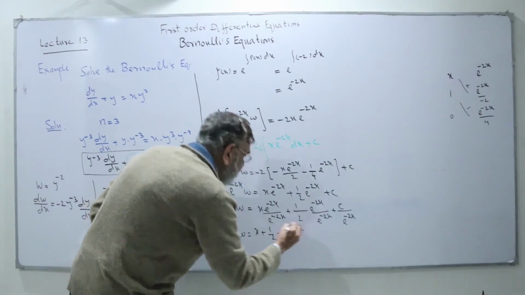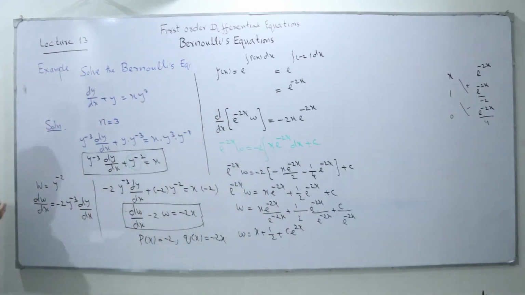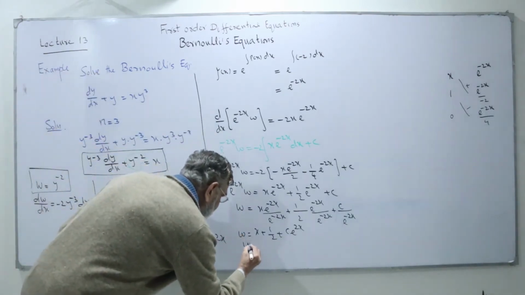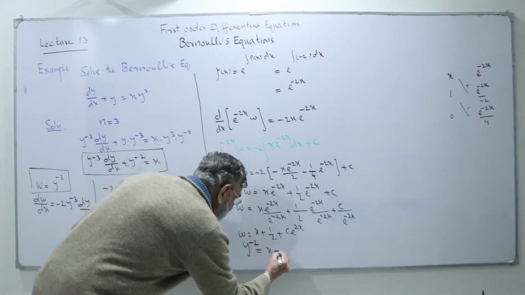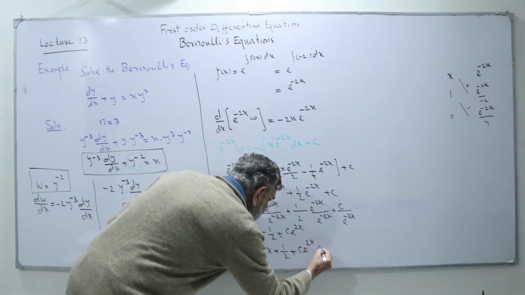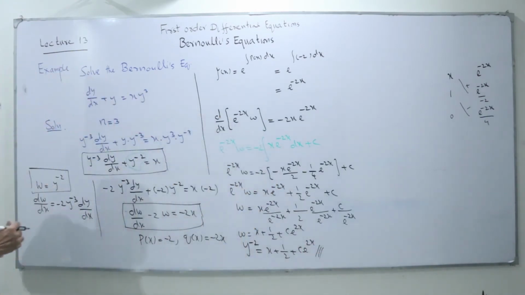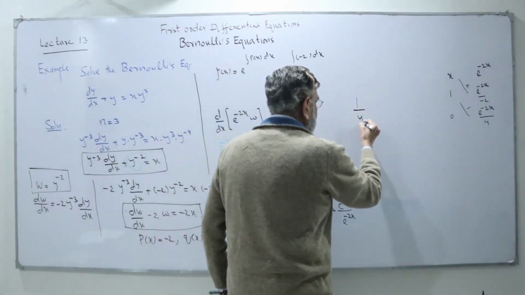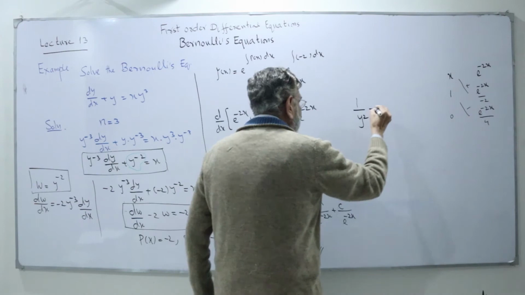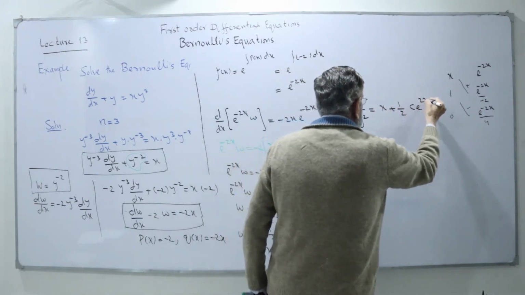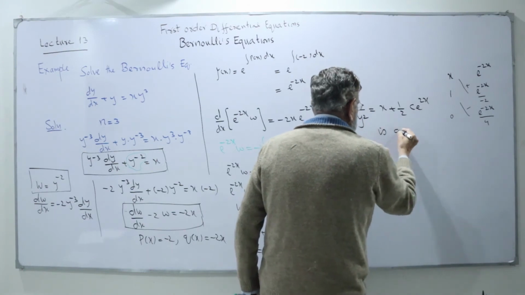But what's my w? My w was y to power minus 2. So I can write my solution that y to power minus 2 is equal to x plus 1 by 2 plus c e to power 2x. This is the solution of my differential equation. You can write this, instead of y to power minus 2, as 1 over y square is equal to x plus 1 by 2 plus c e to power 2x, the general solution of